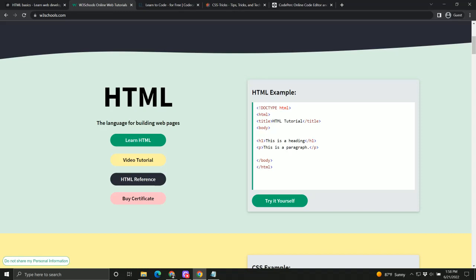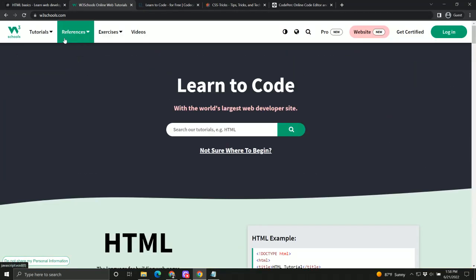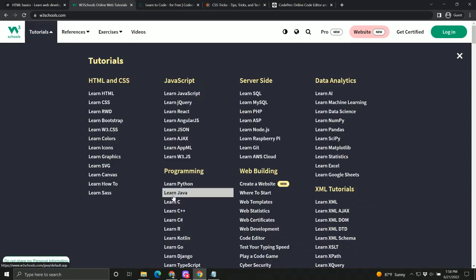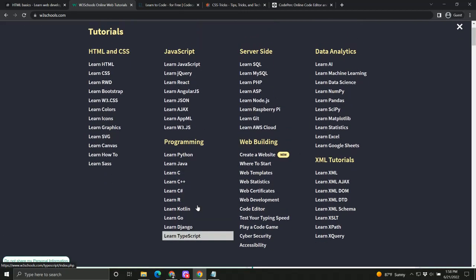You're not limited to those 3 languages. W3 Schools offers language learning in Python and your C++, your C#, your PHP, your SQL, your MySQL, and all the different languages that could be configured depending on your direction in study. And because I focus on the basic front-end development, HTML, CSS, and JavaScript,